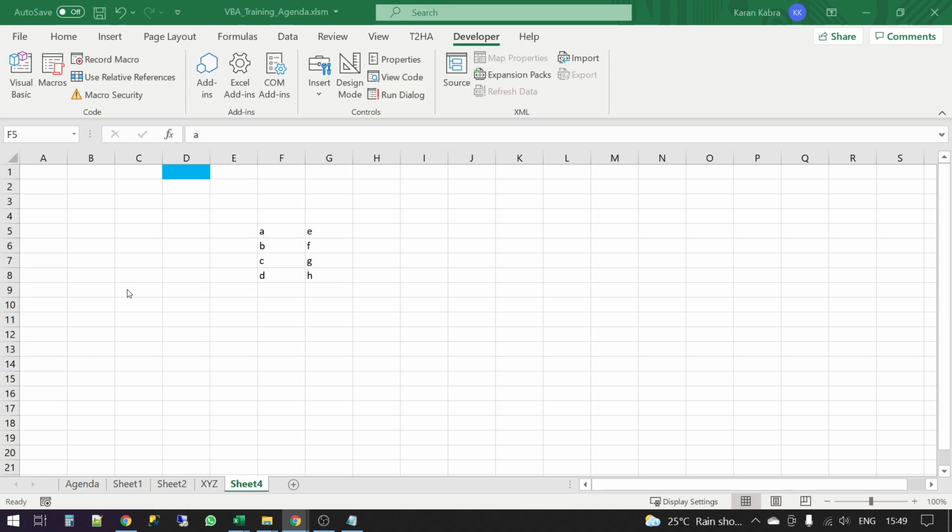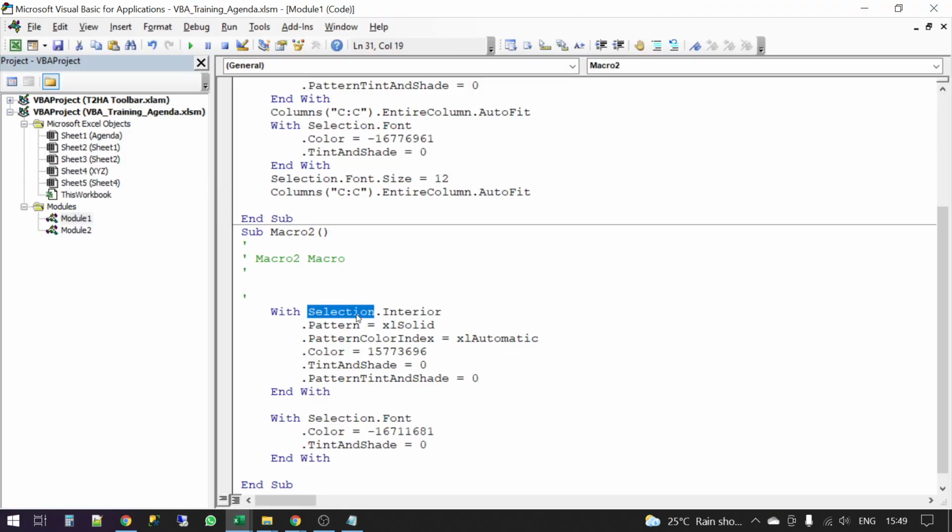So if I'm running the code from, say, sheet 1, it will perform that task on sheet 1 itself. It will not go to sheet 4. That is the reason why you have to give the sheet reference as well. It's a good habit to do that. Sometimes, if you only have one sheet, you can ignore it, but you would want to inculcate a habit of writing the sheet name as well. So what I will do is I will write the code which Manish has given.